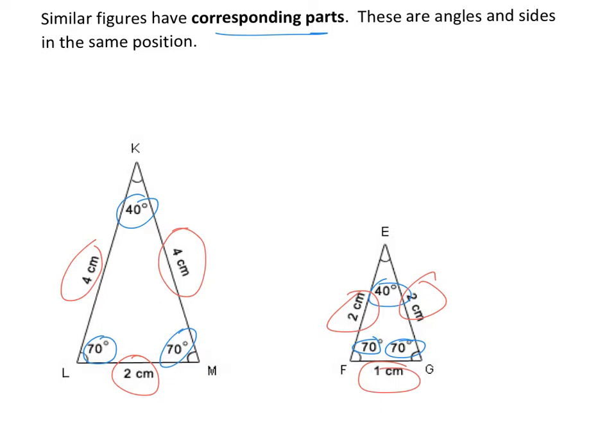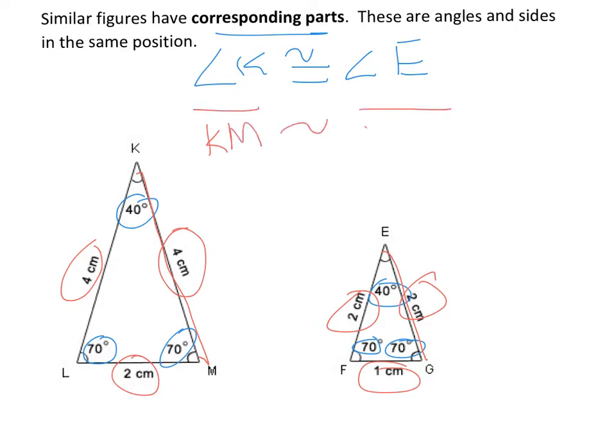So the way we would say this is, if we look at angle K, angle K is congruent to angle E because they are both 40 degrees. And since they are both the exact same measurement of degrees, we call them congruent. But now, if I were to look at the side length of K to M and then the side of E to G, they are similar to each other. So I would say side KM is similar to side EG